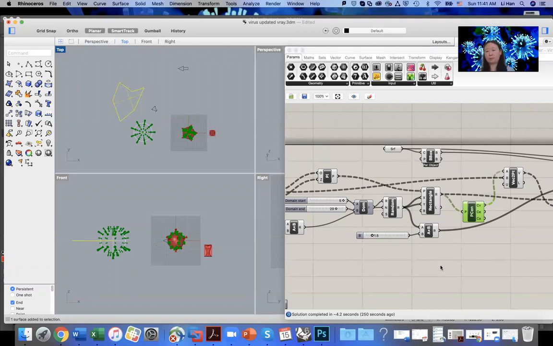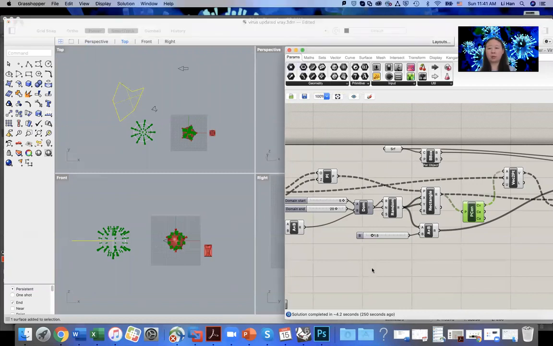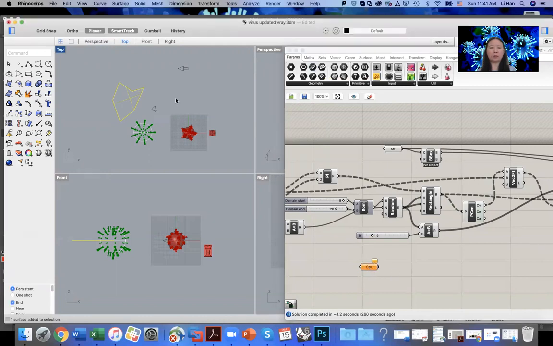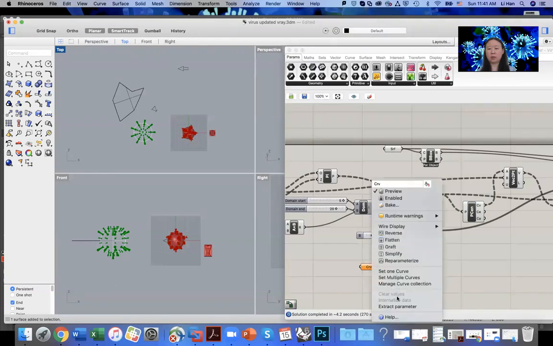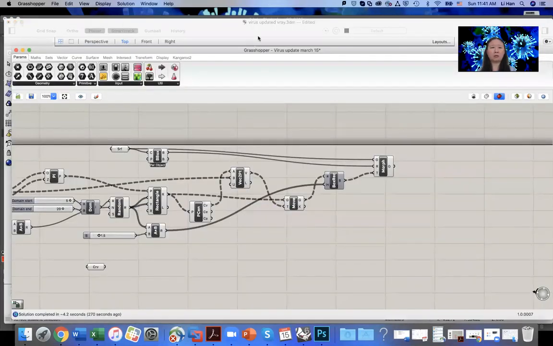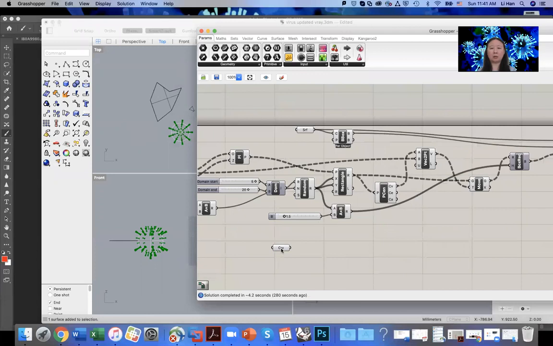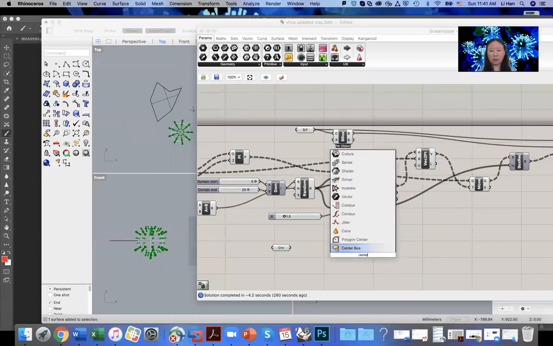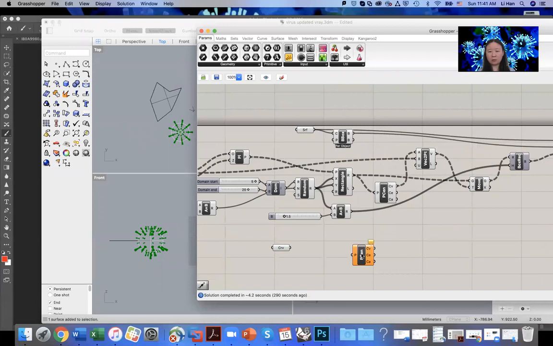For example, if I come here and grab the curve, no, that's the wrong one. This one, curve, okay. You drag, and then you will set this curve as whatever that curve is. Right click and set one curve. So that curve is basically in here in Grasshopper. That information is in here. And then if I double click and type in center, I'm going to find a polygon center. If you put this curve in there, you will see the center is created,